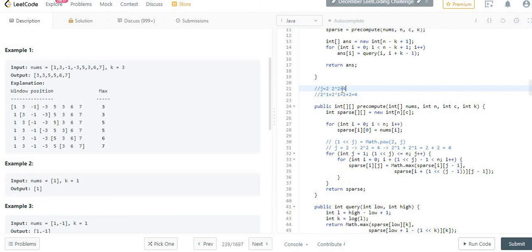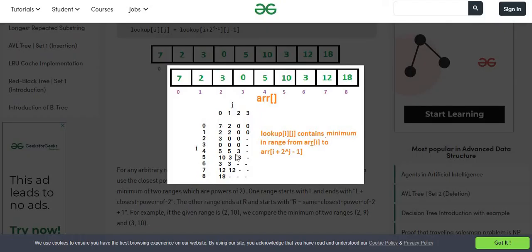Okay, so for example if it is 2, then it is going to be 2 to the power 0 plus 2 to the power 0. When it is 4, then it is 2 to the power 1 plus 2 to the power 1. So it will take the first half from 0 comma 1, and the second half from 2 comma 4. So that way it will keep on building your sparse table.